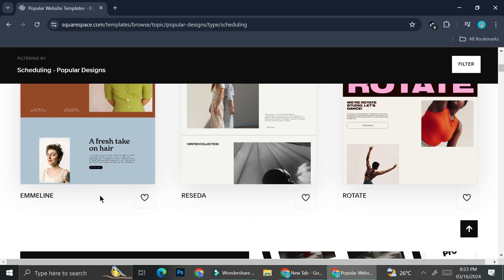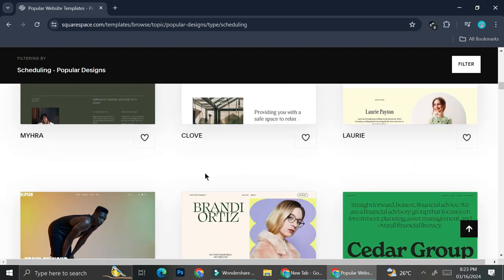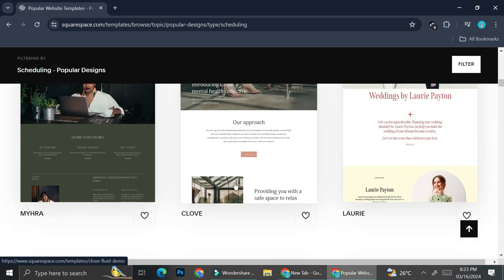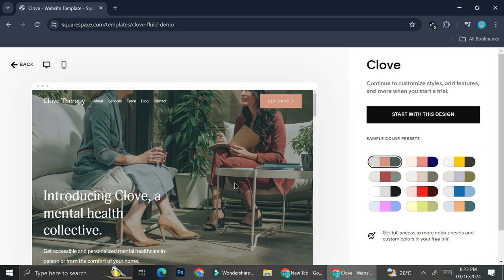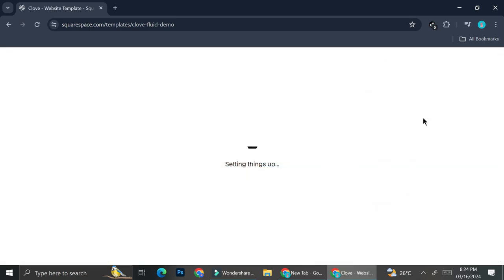And here are the names. We got Emmeline, Reseda, Rotate, Mira, Clove, Lori, etc. So let's say that I'm interested in using the Clove one. So I'm going to go ahead and click on it. The first step when you're trying to design or create your website is to choose the color presets for your website. So let's say I'm going to go with probably this one. I'm going to use this one as my color palette,